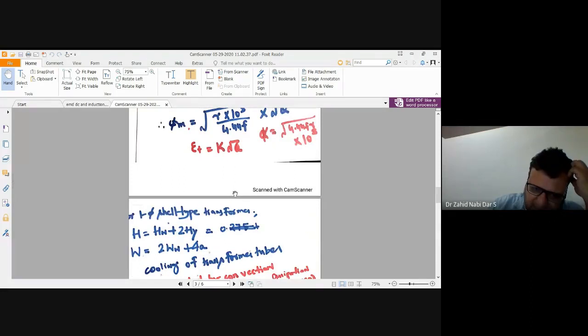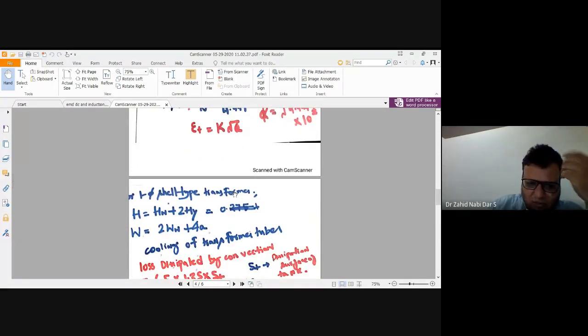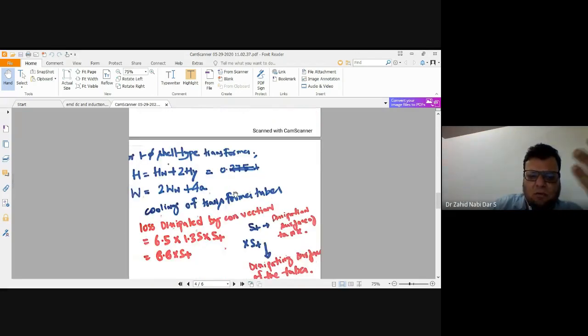Some organized studies which I'm missing in the class. I saw you are haphazard, every one of you. Someday some book, someday you will bring your little brother or sister's four-line notebook, and on that also you'll write. Someday you will take some rough paper, or someday you don't have anything, so you'll do acting and write on the bench. Then in the examination also you have to write on the bench, and if the squad comes, you're gone. You're understanding my point? Yes, sir. So that is the problem.